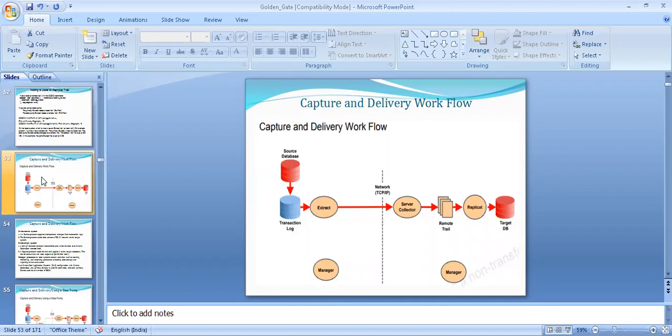In Golden Gate we have some processes: extract process, manager process, server collector, remote trail file, and replicate process. Some of the processes run on the source database, and some run on the target database. From the source database, the extract process will extract committed data and store it in a local or remote trail file.